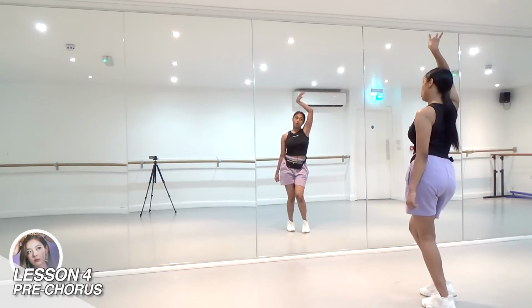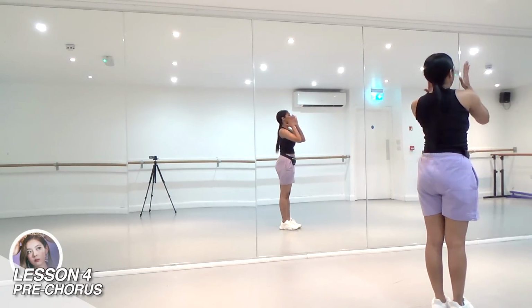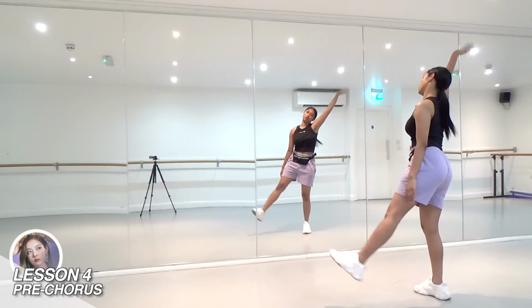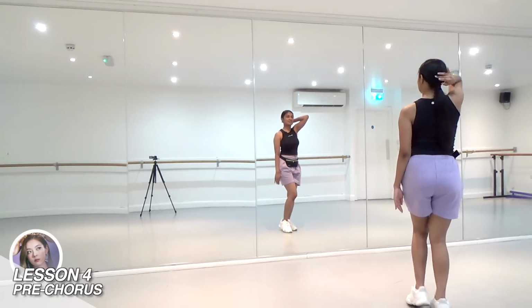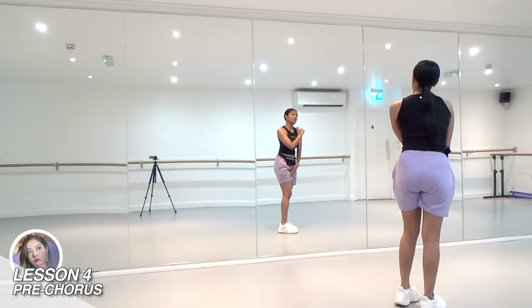Now we're going to walk, walk, walk. Just put this hand down your head, and you want to have a slight tilt to the right side. So from here, this will go 5, 6, 7, 8. On 8, this is very important. You want to lift your left leg,